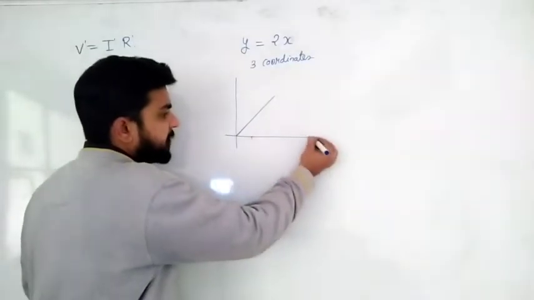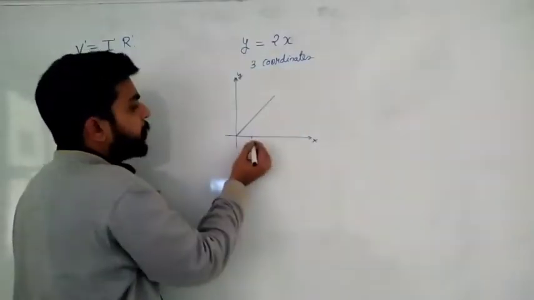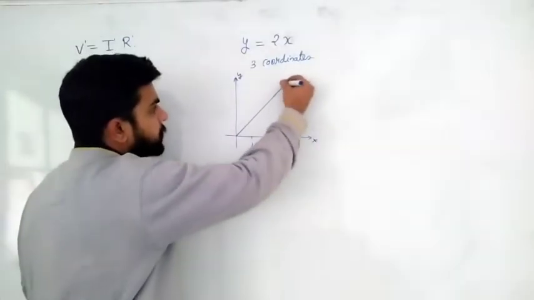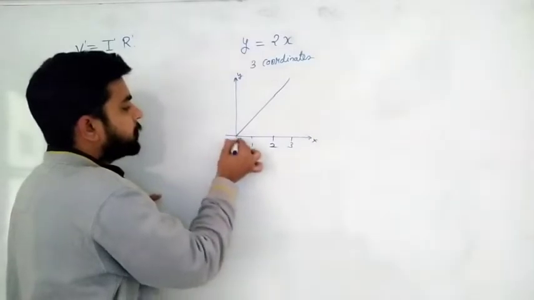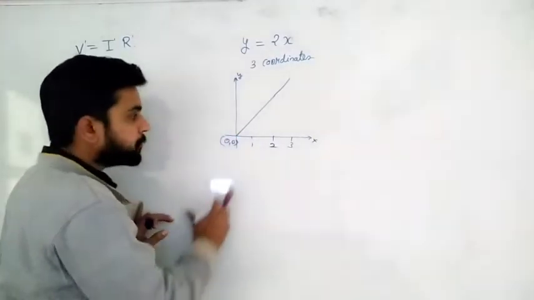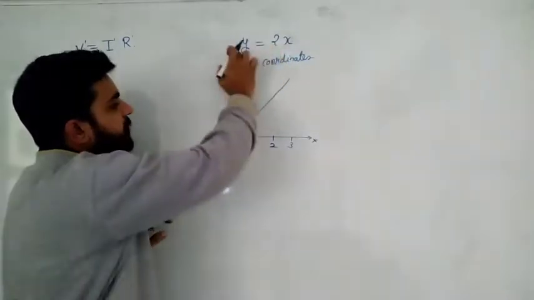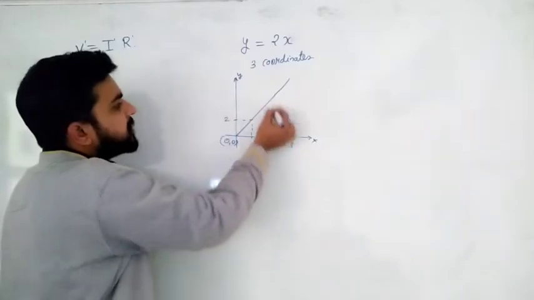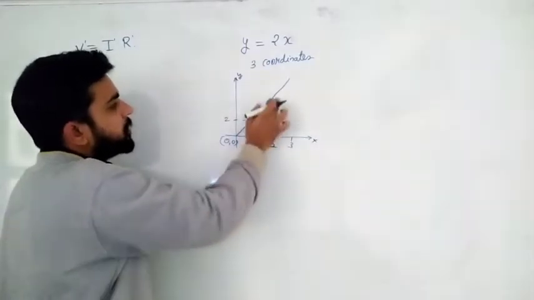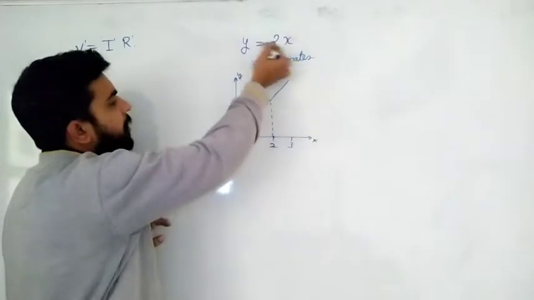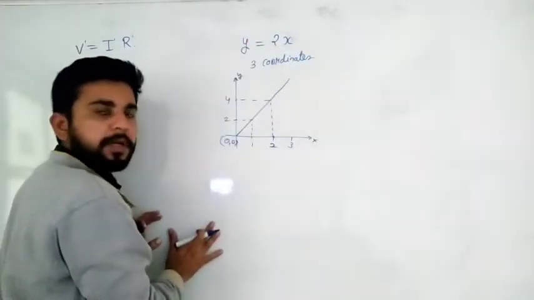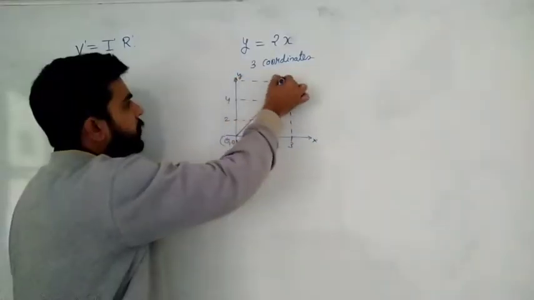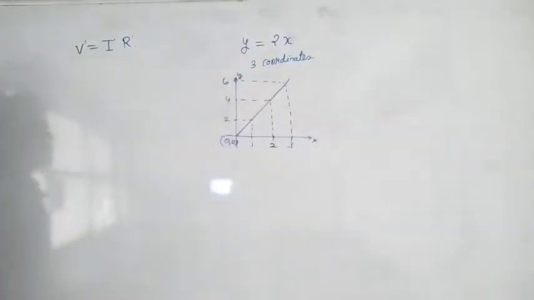This is the x-axis and this is the y-axis. If you plot x equals 1, x equals 2, x equals 3 coordinates, I told you, the graph will start from 0, 0. At x equals 1, what is the value of y? Sir, at x equals 1, the value of y is 2. At x equals 2, what is the value of y you got? Sir, I think we got 4. If you put x equals 3, then what is the value of y you got? I think you got 6. Yes, beta, this was your graph if you prepared it properly.